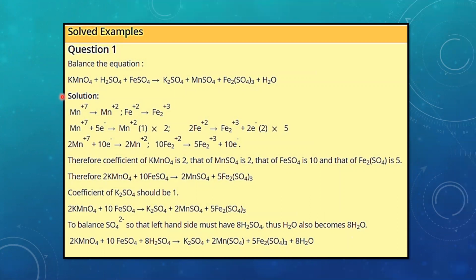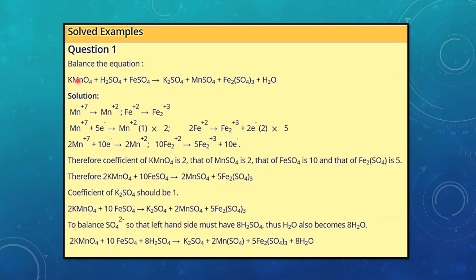Let's solve one example, so that the understanding will be easier and better. Here we have potassium permanganate, KMnO4, in H2SO4 plus FeSO4. Since it is in H2SO4, it is clear the chemical reaction is taking place in acidic medium, which gives potassium sulfate plus manganese sulfate, plus iron(III) sulfate, Fe2(SO4)3, and water molecules. Now one by one we will calculate the oxidation numbers.